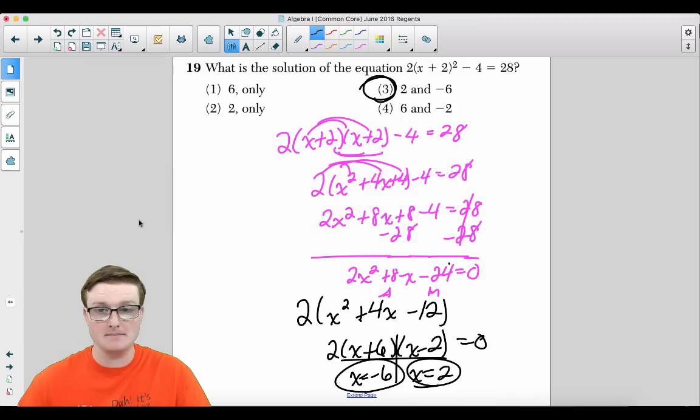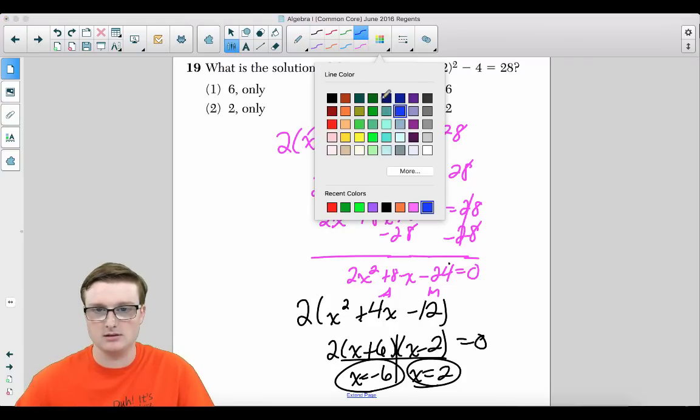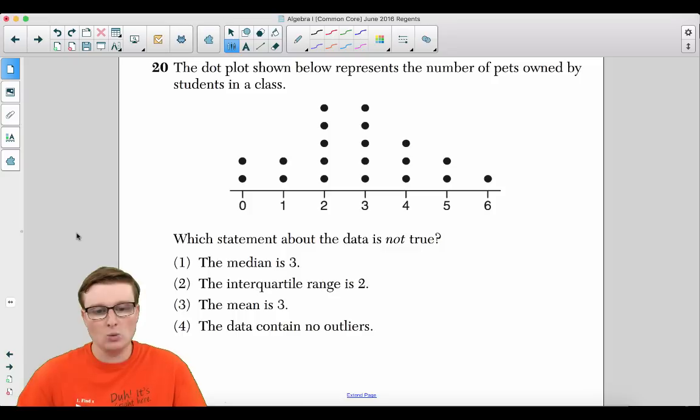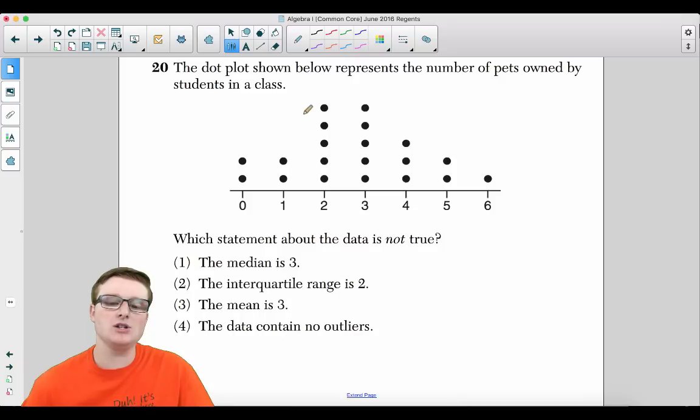All right. Not too bad of a question. Moving on to question 20. Number 20: The dot plot shown below represents the number of pets owned by students in a class. Which statement about the data is not true? The median is 3, the interquartile range is 2, the mean is 3, and the data contains no outliers. Unfortunately,